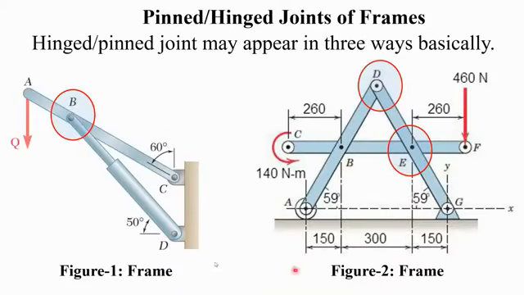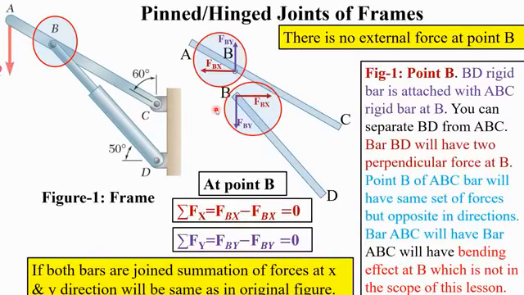Now come to the hinge joint. A hinge joint may appear in three ways basically. Say we have taken two figures, figure 1 and figure 2. Now point B, point D and point E. These three joints are a bit different. Say come to point B. If we make a free body diagram, if we separate these two from point B, we'll have two